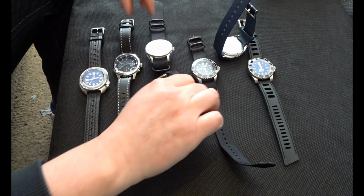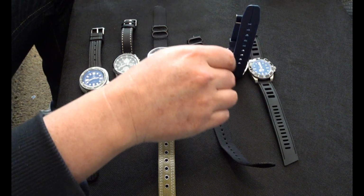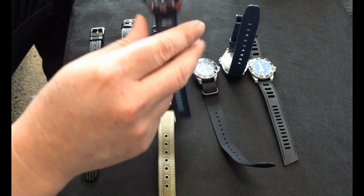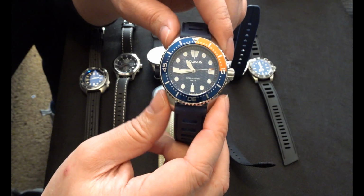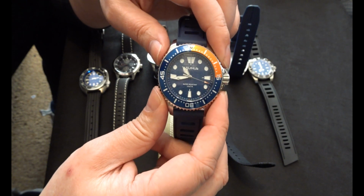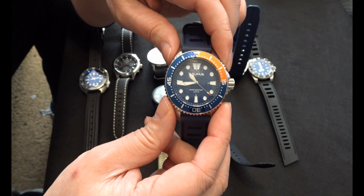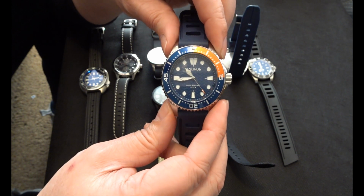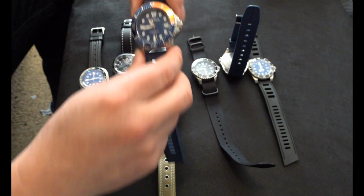Next up, let's just straighten these up a bit so you can actually see them. Now, for a replacement of this, bear in mind I do like this watch. This is joint second, because I can't decide between this one and the Charles Hutton. I do like them both very much. So alternative wise, you can get